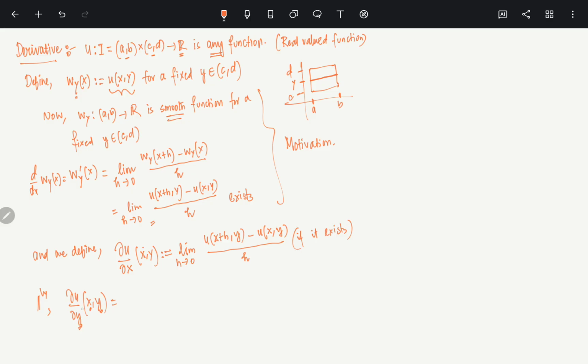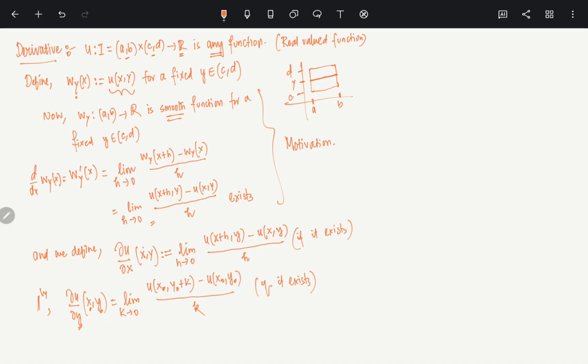So in this case, what should that be? It will be the limit as k tends to 0. This is h, this is k, and we can write it as u of... In this case, only y is varying. We are not really interested in x. So x remains x naught. This is u of x naught, y naught plus k, minus u of x naught, y naught, divided by k. So again, if this limit exists, then we call this